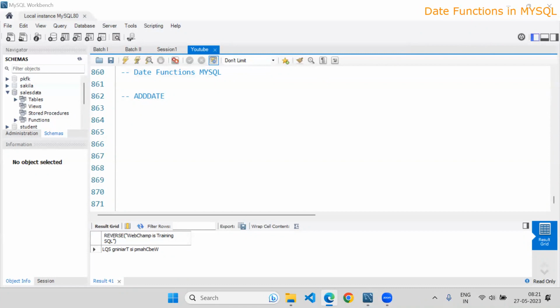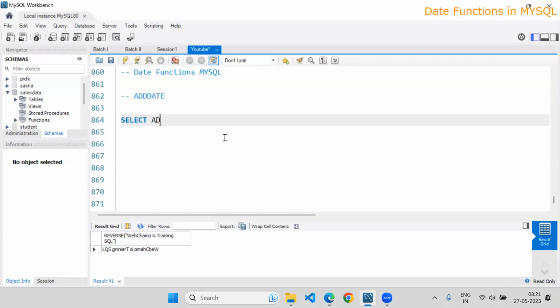An interval is nothing but a unit of time, and as we know, we can have time in years, weeks, quarters, months, hours, minutes, seconds, and dates. Right. So let's see